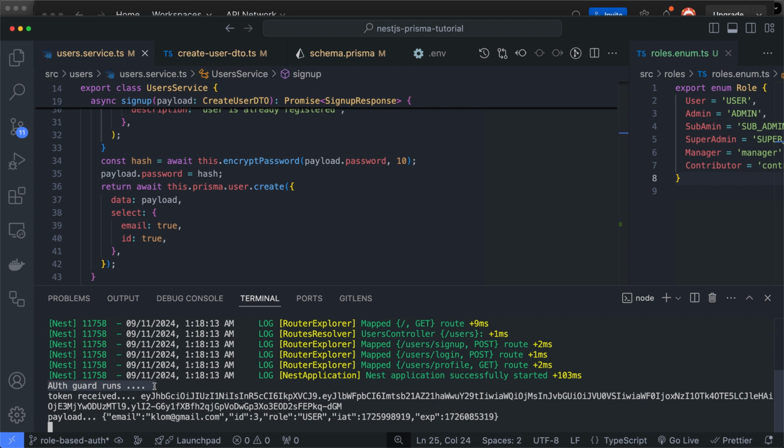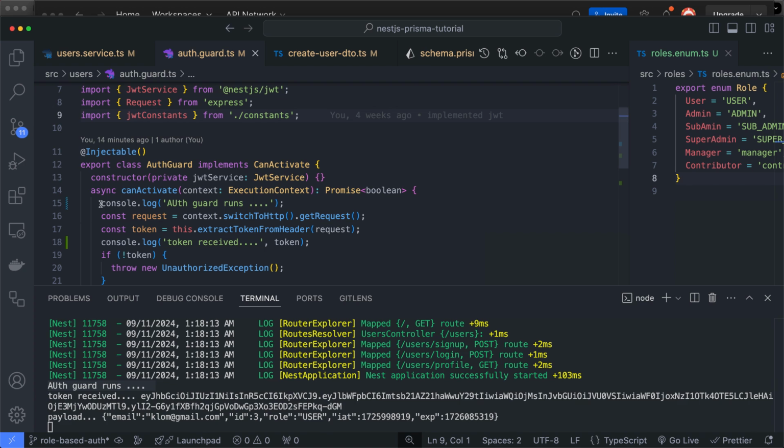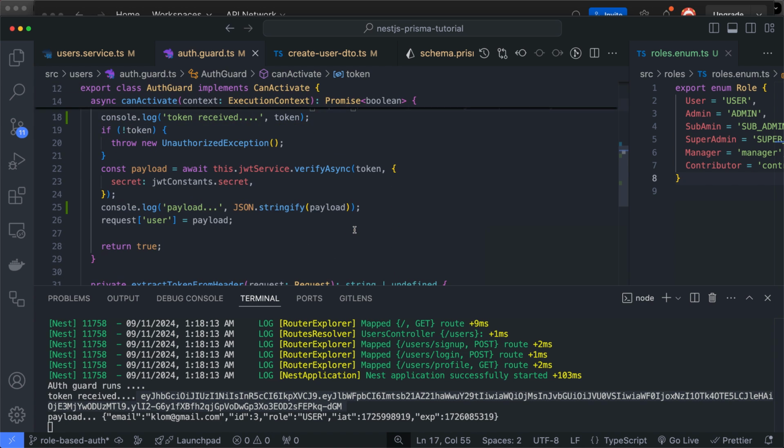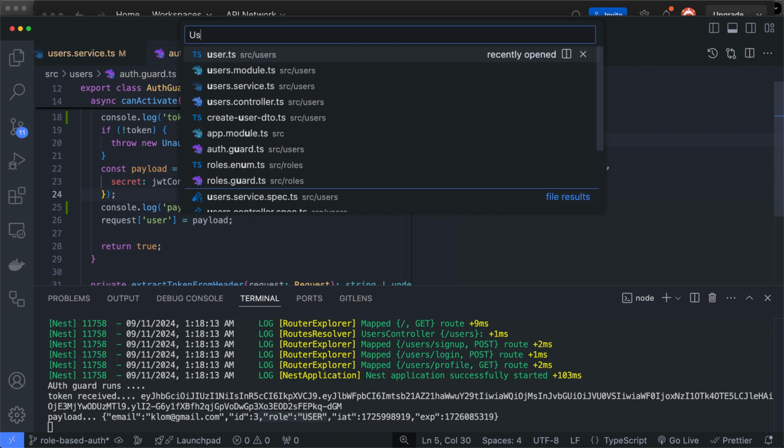Auth guard runs first. I can open the auth guard. You can see the log: auth guard runs, and I got the token which I have provided. I got the token received, and I got the payload. Inside the payload you can see I have the email ID and the role. And what about this one? Inside the user,